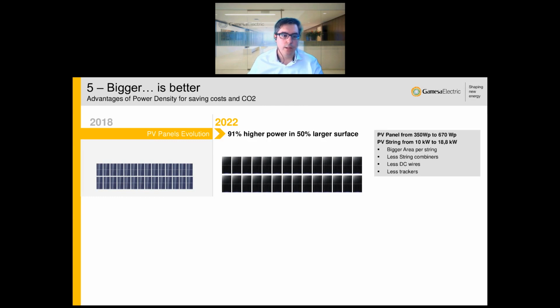We name this one "bigger is better." As Enrique has mentioned, we are a company mainly focusing on central inverters with high density capabilities. We are talking about a maximum station of about 9.4 megawatt full power. But the question is not only being bigger, it is whether this size could bring a benefit to the plant,